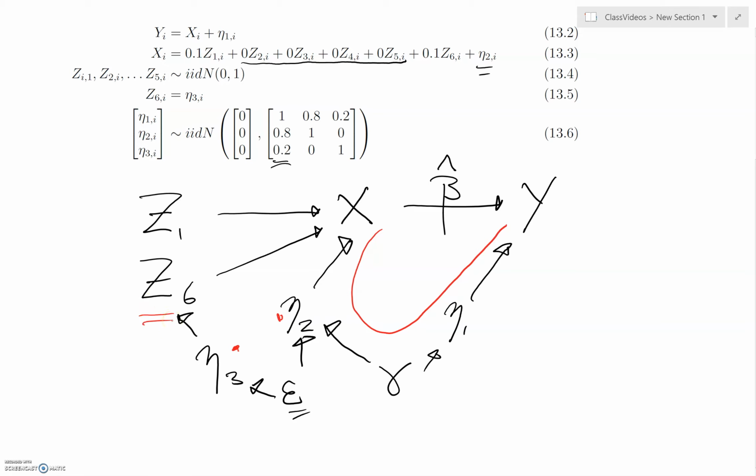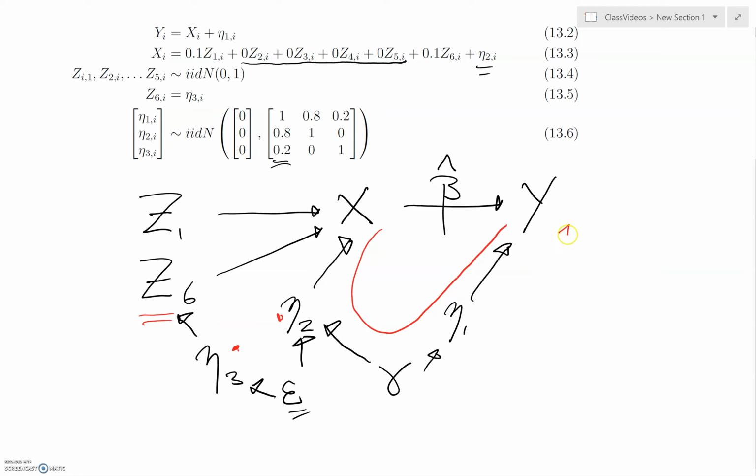Okay, so I'm setting up this problem so that we're running a simulation, so we know what the true data generating process is, but we're going to explore what's going to happen if we include various different sets of instruments on the right-hand side of our first stage. Okay, and so when I run you through this simulation, I'm going to do it as I do in class, where I give my students 3 steps that they should try to do rather than just coding the thing up